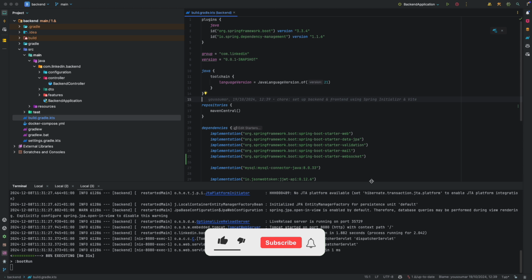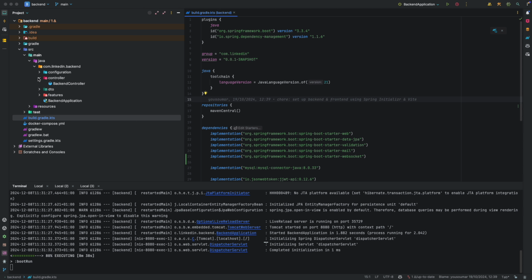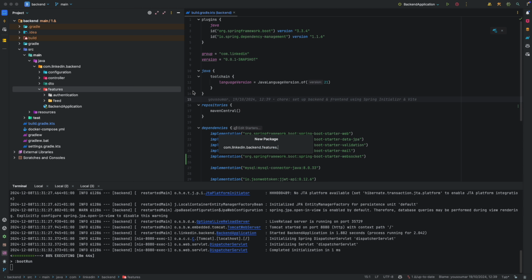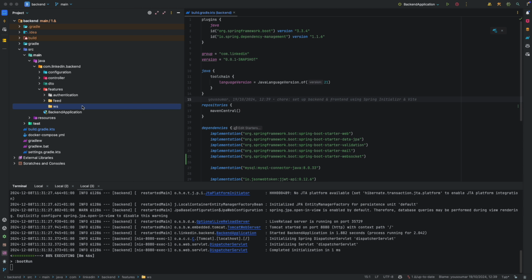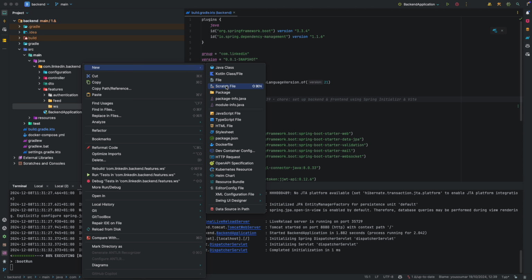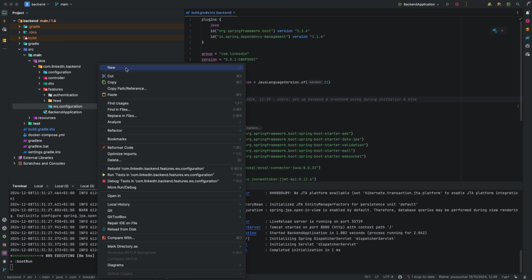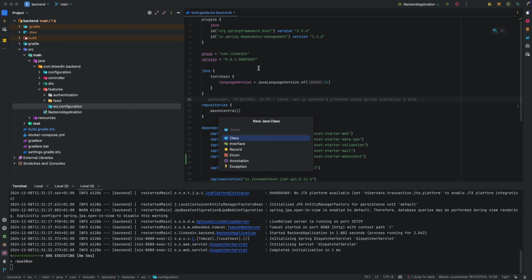Then we need to instantiate a configuration class that will make use of this package. For that, I'm going to go into the features here, and create a features folder that I'm going to call WebSocket, okay, like this. And here I'm going to create another package called configuration, like so. And in it, I'm going to create a Java class that I'll call